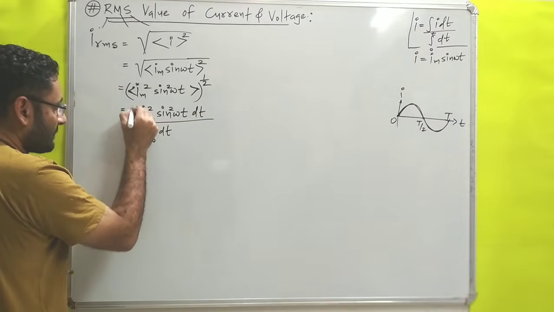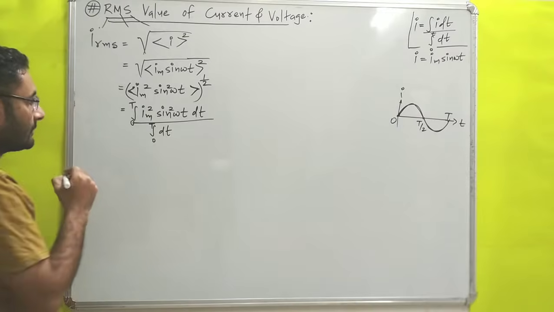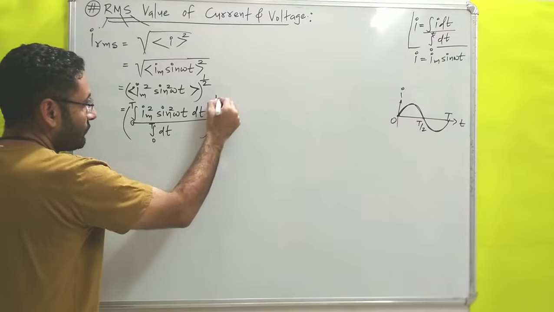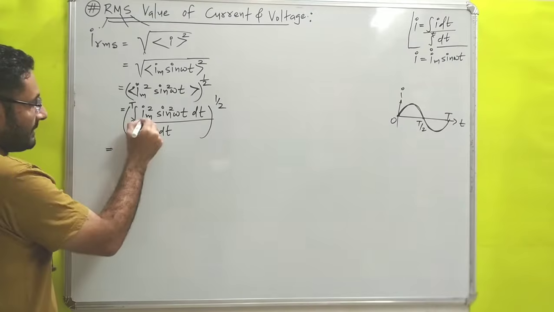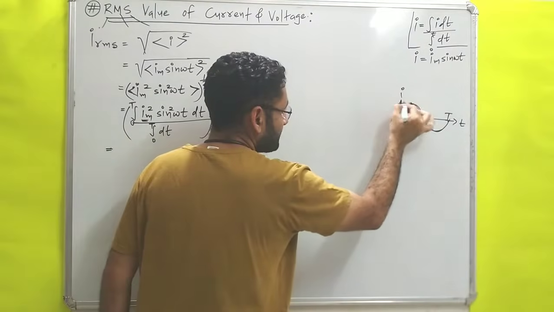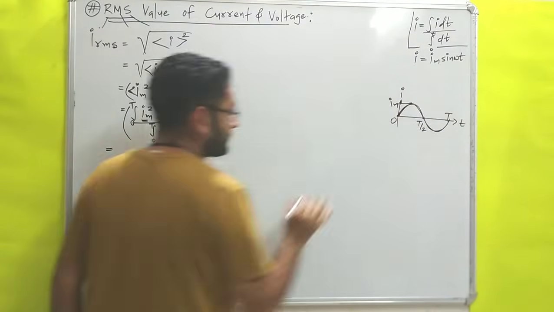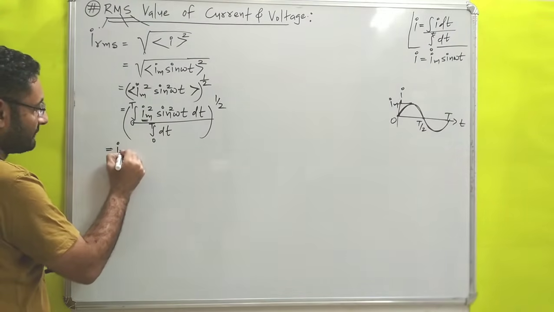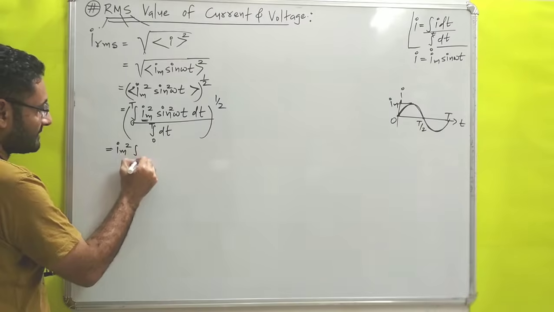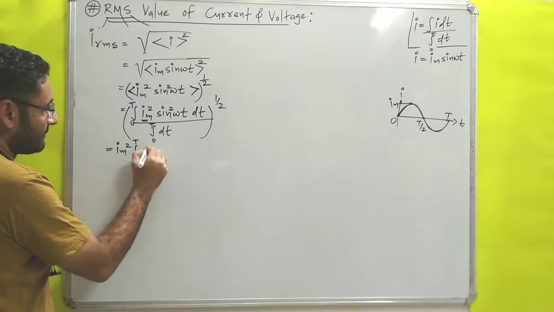Over here also, integration of 0 to T, whole raised to 1/2. Next, we know very well that the maximum current Im is constant, it will never change. So I will make that outside of the integration. So Im square, remaining is integration of 0 to T,